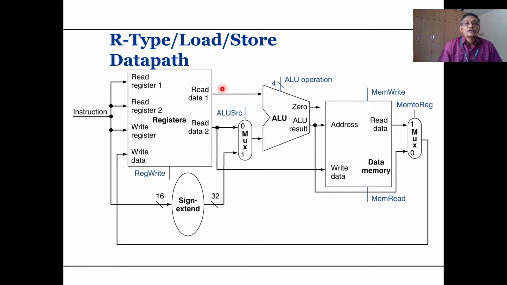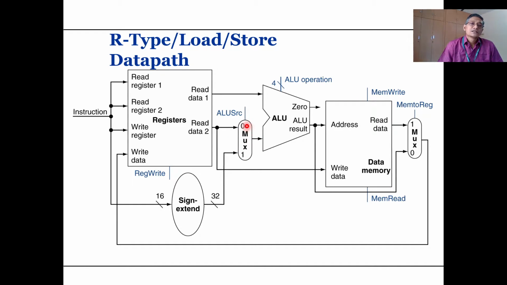For example, from the registers, for an R-type instruction, we will be reading both register values using the read data 1 port and read data 2 port. But if it is an I-type instruction, where a 16-bit offset is present within the instruction and it is converted into 32-bit data using a sign extension unit, now there are two sources of input for this ALU. The ALU should be fed either one of these inputs, either from the register set or from the sign extension unit. So to decide that, we will be using this multiplexer here.